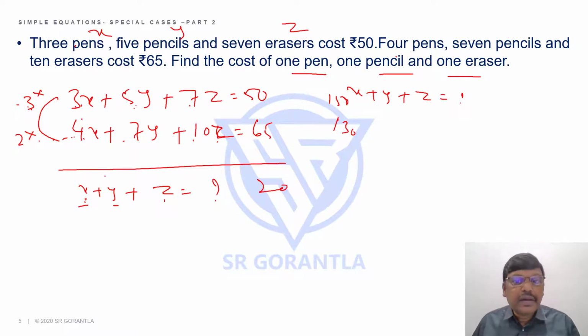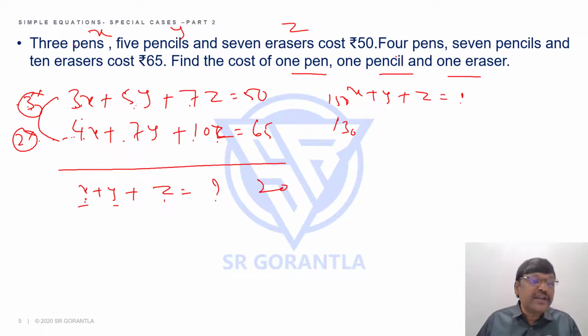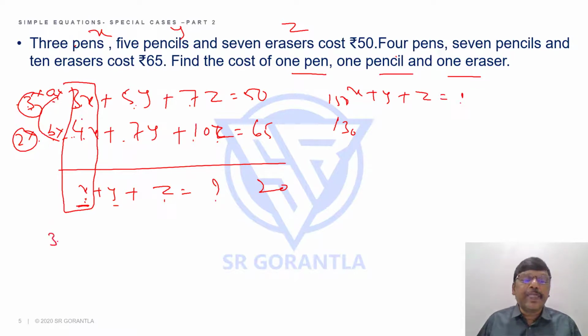We get it. Then you may have a doubt, how do I know it is 3 times or 2 times? Fine, if you don't get an idea, by practice you will get it. Otherwise, what I told you in the dependency equation, let us say by multiplying this a times and multiplying this b times, I get this. Let me assume. Then what I told you, vertical equations, please do watch that video on linear dependency. 3 into a, 3a, plus 4 into b, 4b. The x coefficient is 3a plus 4b, which will be equal to 1.